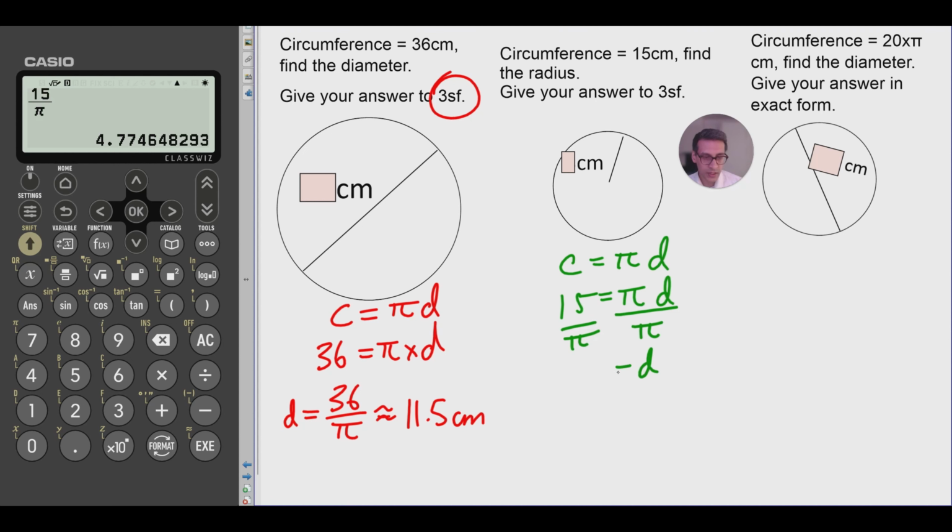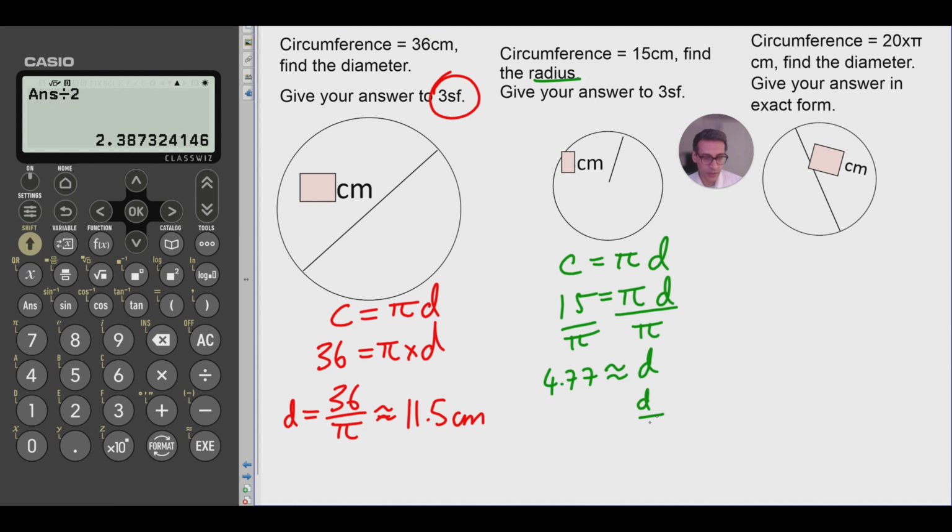So the diameter is rounded to give you 4.77, but we want the radius, so we're going to need to halve that. So we're going to divide our answer by 2, and that gives us,